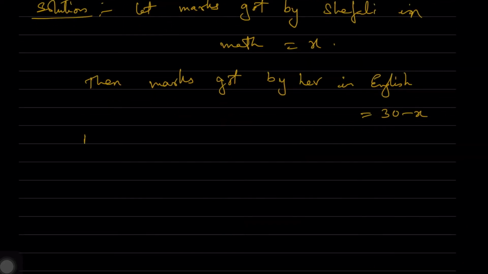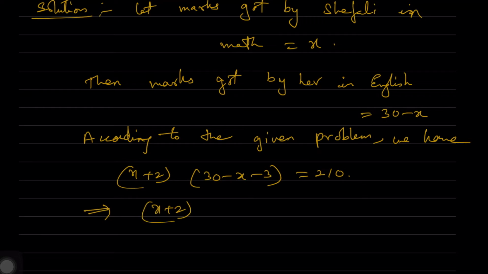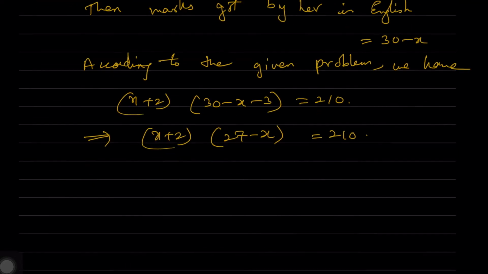So according to the given problem, we have x plus 2 into 30 minus x minus 3 is equal to 210, which implies that x plus 2 into 27 minus x is equal to 210,